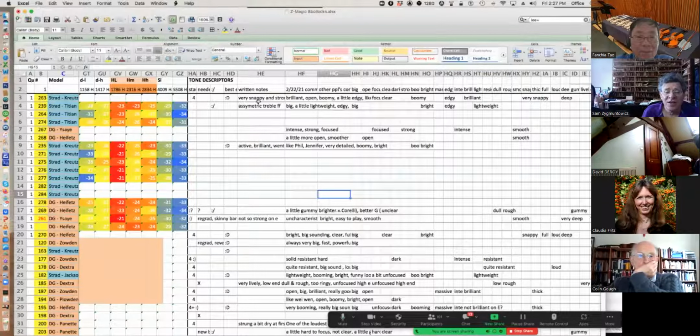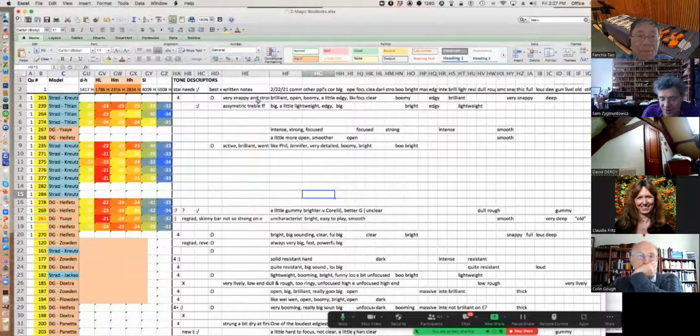Okay, right. I do keep a lot of notes. I usually just write comments. And then, like many violin makers, I thought, if I have a spreadsheet, I should think of main characters: dark, bright, edgy, powerful. Claudia, one thing that you've worked with, and MJ has pointed this out a lot, is that when you set up limited categories, it dictates your response. You respond to the categories you've set up. So as an experiment here a little bit,